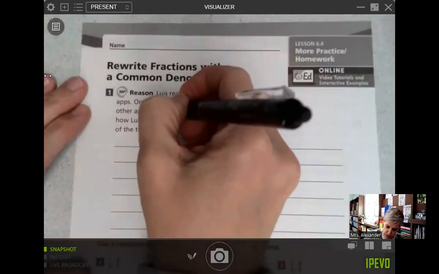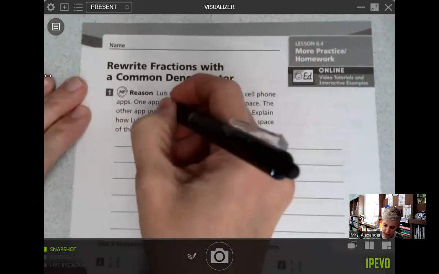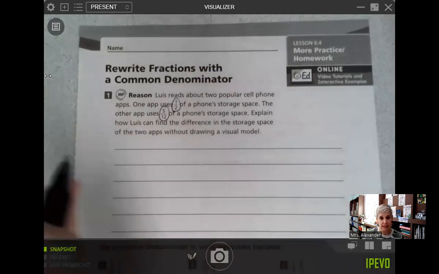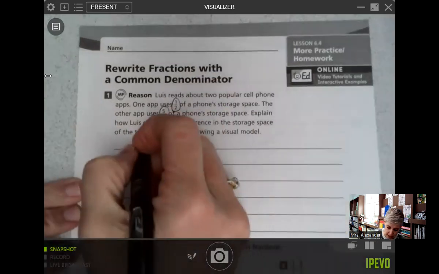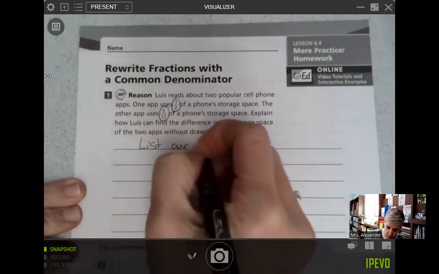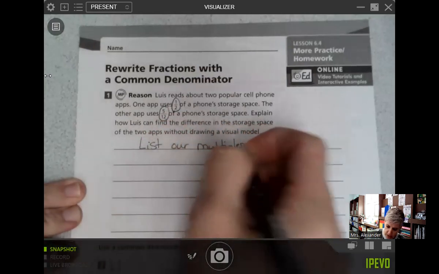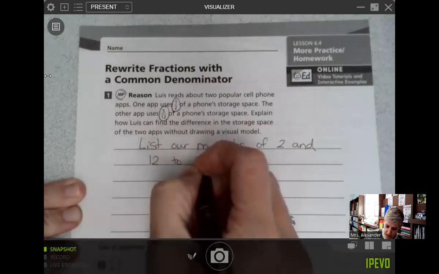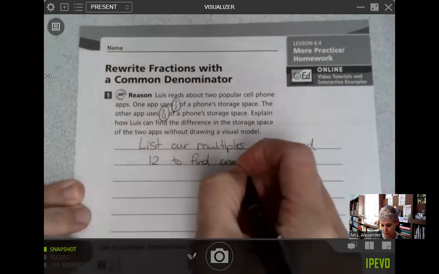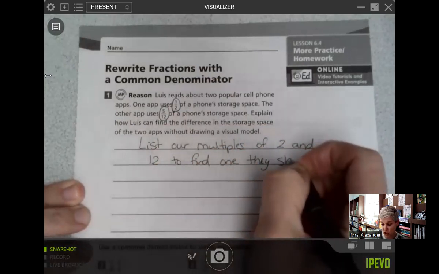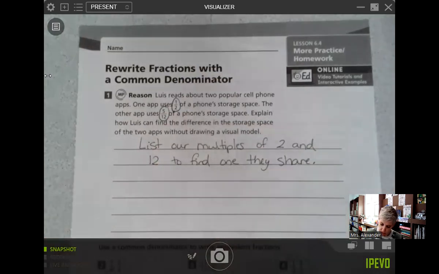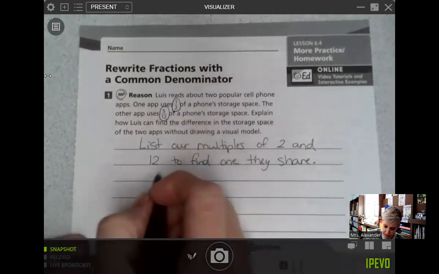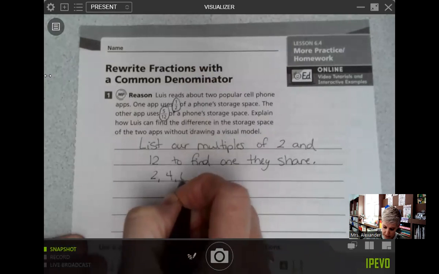So if one of them is using 1/2 of the storage space and one of them is using 5/12, we talked about in class, instead of drawing a visual model, we can list our multiples of 2 and 12 to find one that they have in common, or one that they share, right? So that would be one way, and to find that difference, I would list out, for example, 2, 4, 6,